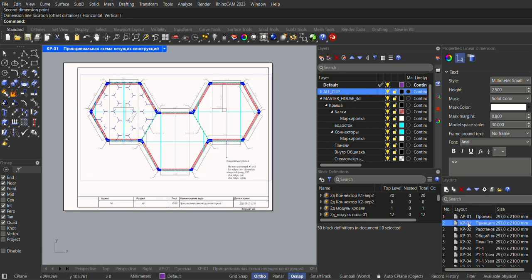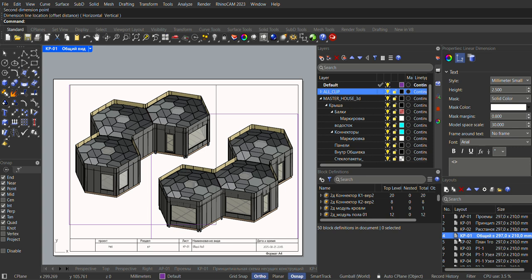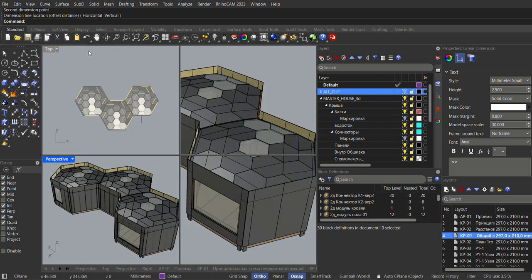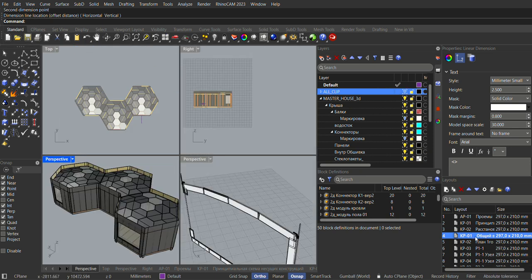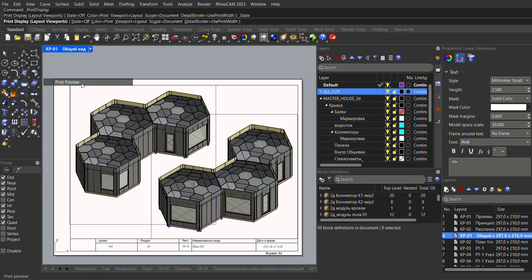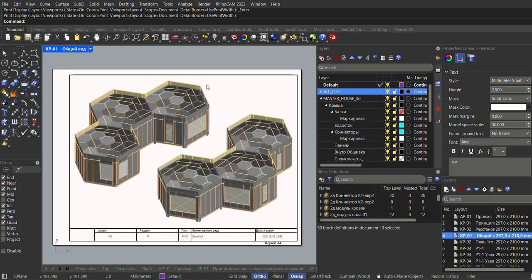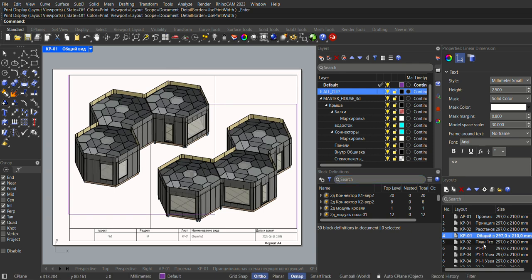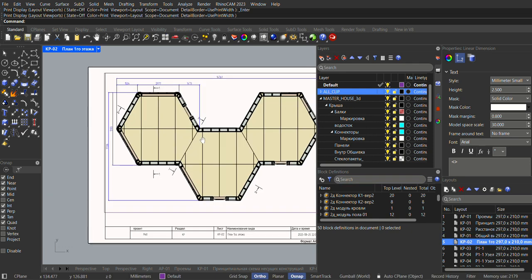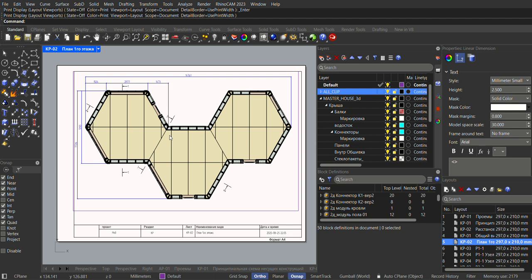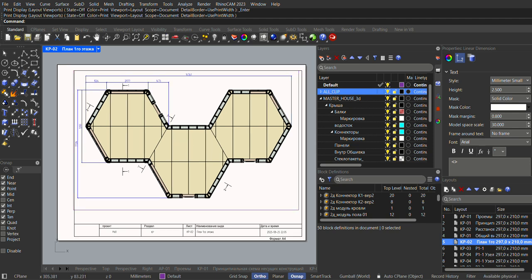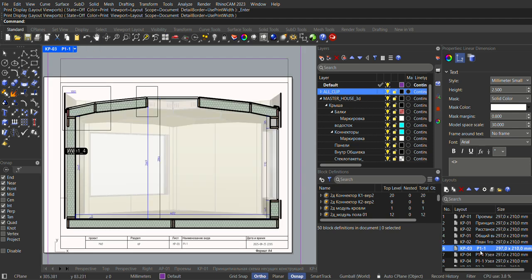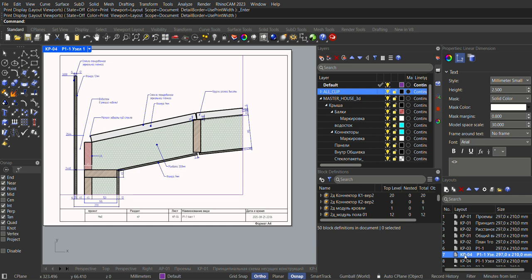And for example, here are some views that I did before. Sorry for that. We can turn on print preview. No, probably we don't want that. So these views are created in the same way. Put the clipping plane, make a view, set a plan command, and after that put dimensions when I need, and